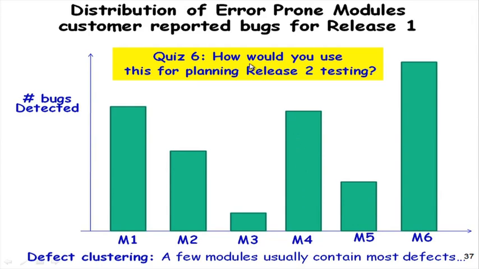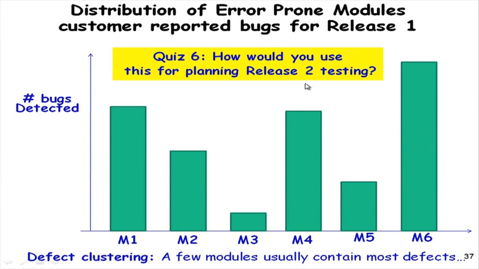This is another data that while testing, doing the black box testing, we found that different modules had different bug contents. Module 1 had much more bugs than module 3, but module 6 had the highest number of bugs. So, how do we do the white box testing? Okay. So, we have to do this much more thoroughly,